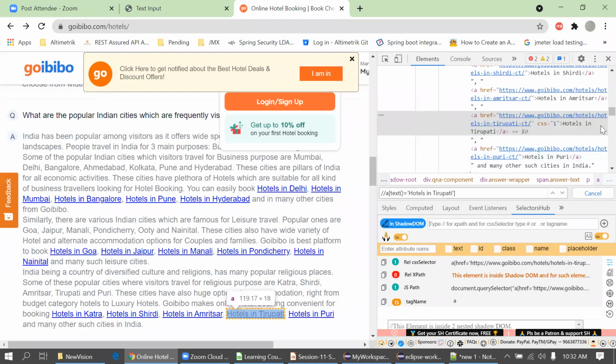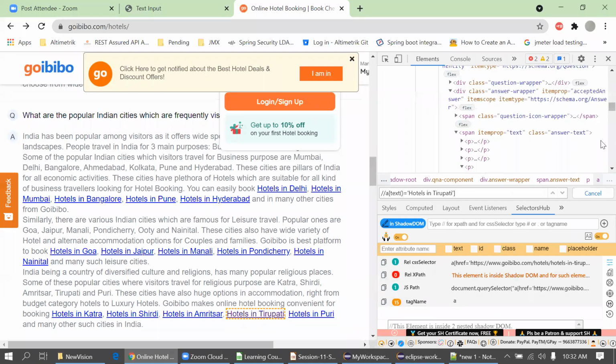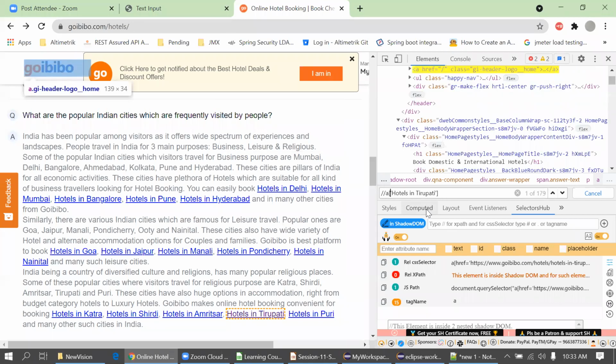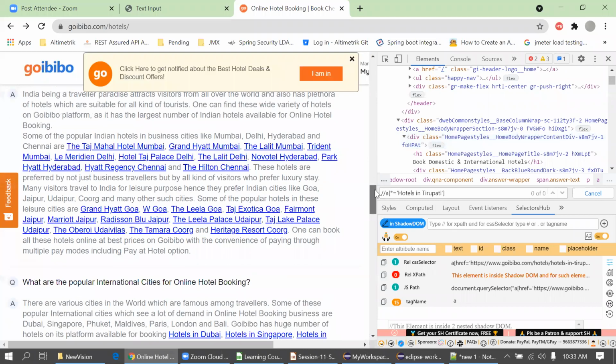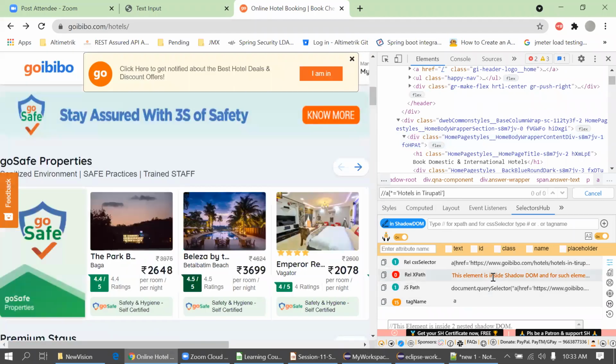It's really not supporting. Not sure why. Inside the shadow DOM. For this shadow DOM, I believe that XPath might work over here, but when you run the script, the elements will not be located. For this, you will have to first handle the shadow DOM. Then inside the shadow DOM, you will be able to find it, right? Yep, right. That's why it's not supporting the shadow DOM XPath here.